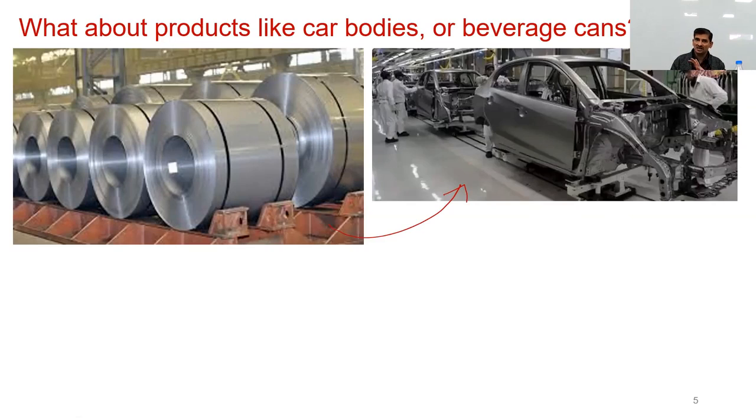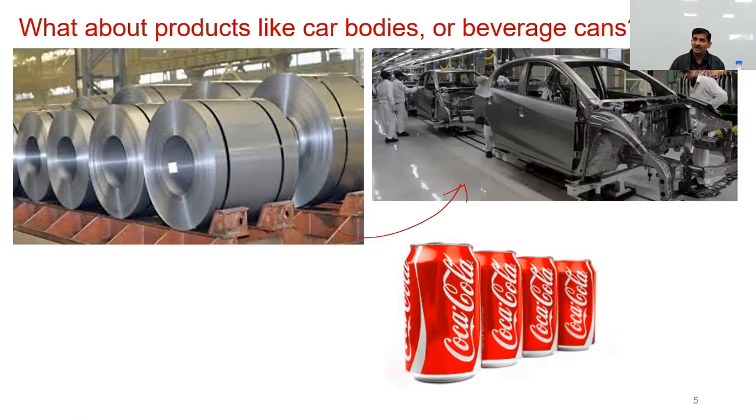The unwanted areas are removed by punching, and the areas which actually go into making the car body undergo some kind of shape deformation to get the final shape that is dictated by the application, which is in this case a car body. Likewise, we can have beverage cans. They all come from the same source. We have a cold rolled sheet metal, which undergoes various kinds of processes to get the final product. So you might ask, where does solidification come into the picture in these kinds of applications? Well, as it happens, these sheet metals, although we see this as a starting point,